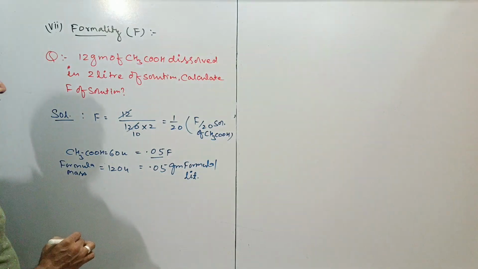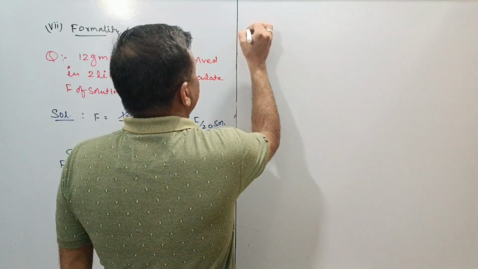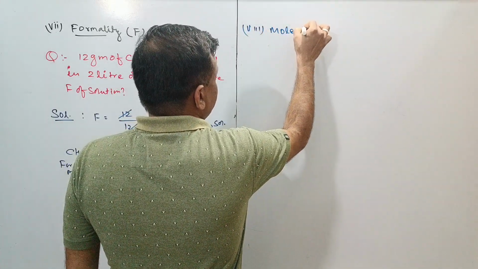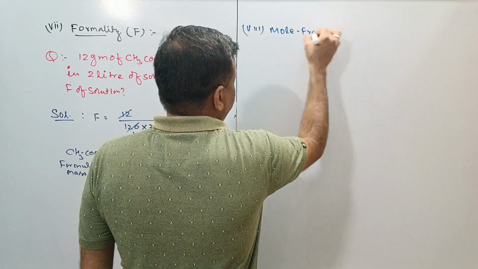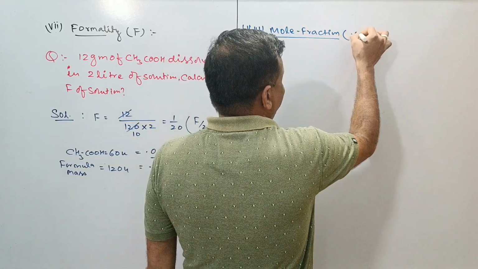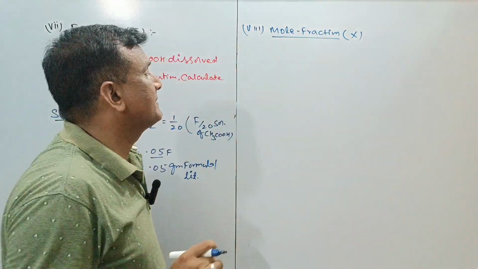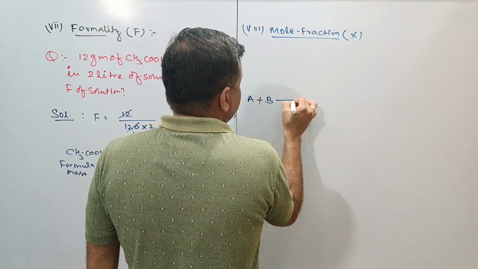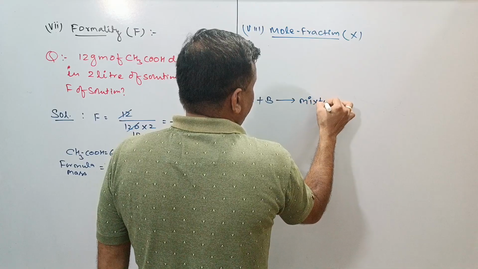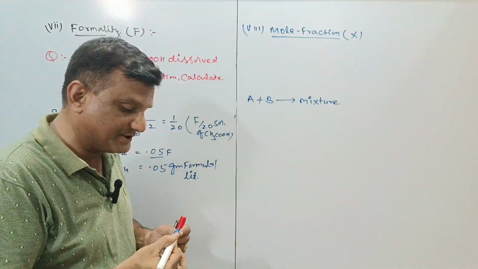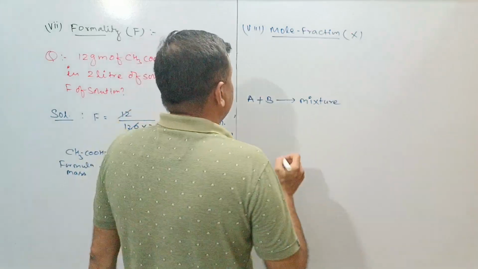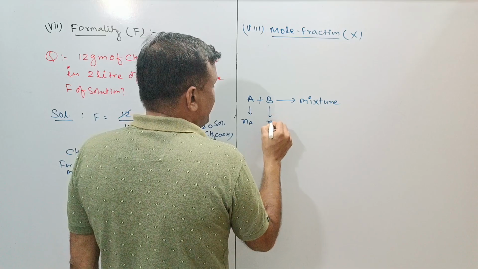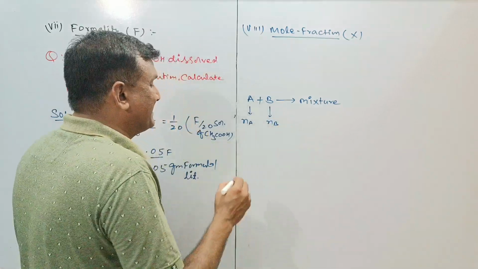Now I would like to go with the next concentration unit, that is the 8th concentration unit, mole fraction. This is very important for this chapter also. It is denoted by x. What is mole fraction? Suppose this is substance A and this is substance B, and we mix both of them, then here is the formation of a mixture. If we assume moles of component A as Na and moles of component B as Nb, then